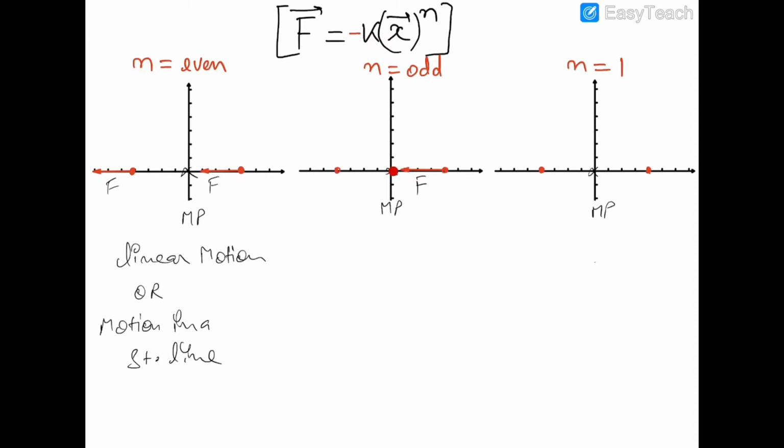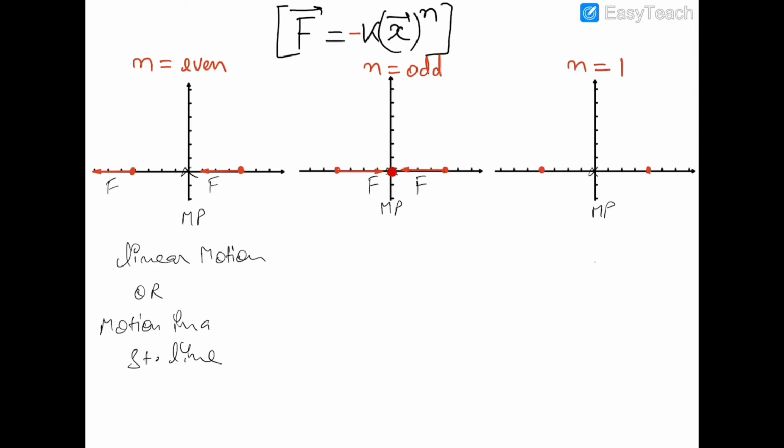because when it will cross the origin and it will come on the negative x-axis, then x would be negative, and negative to the power odd would be a negative quantity. Now that negative and this negative would be positive, and therefore force would be acting on the particle in the forward direction like that. So I can say that when this particle is at positive x-axis, it will start to accelerate in the backward direction. It would pass through the origin with some maximum velocity, and after passing through the origin, when it would move on negative x-axis, then the force would act on this particle in the positive x-axis.